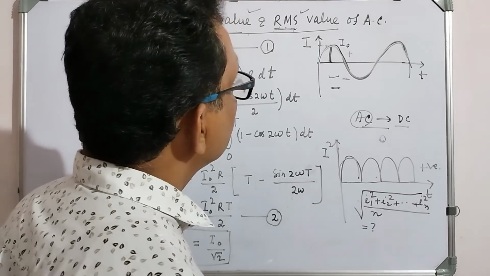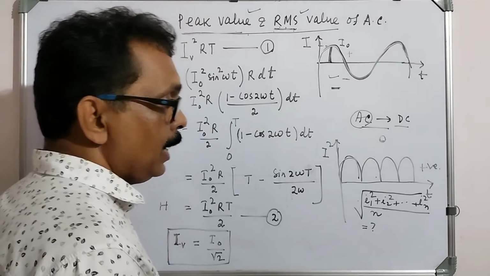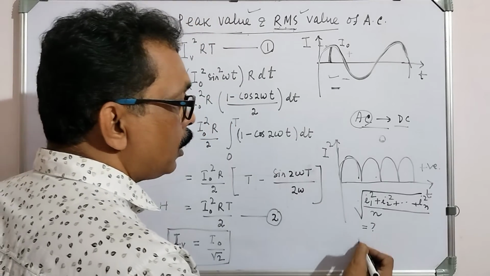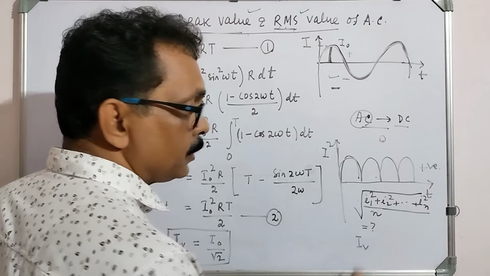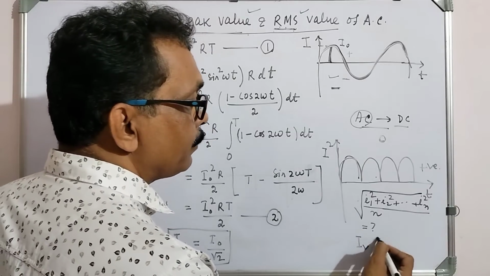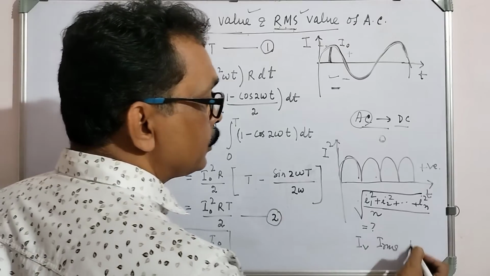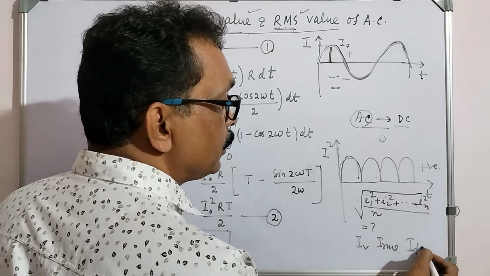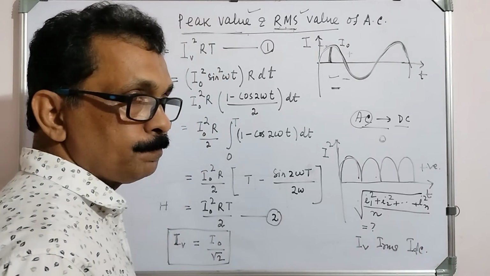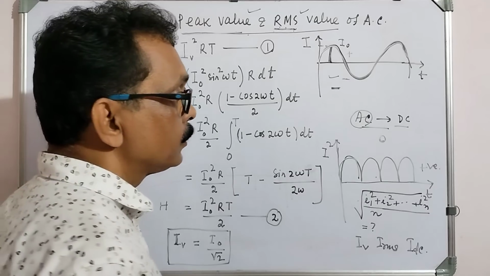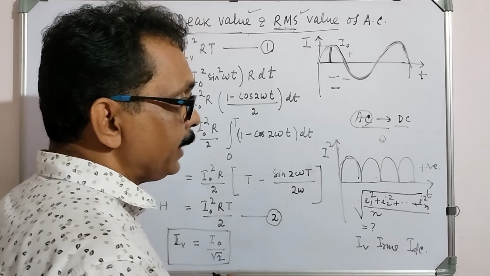So how will we find out the RMS value of AC? The RMS value of AC is also called the virtual value of AC. You can write I_RMS or you may write I_V. Sometimes it is also called I_DC, the DC value of AC. Okay. So what we generally take,